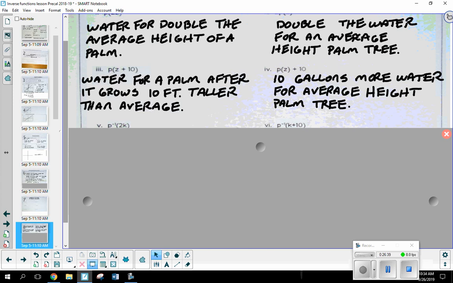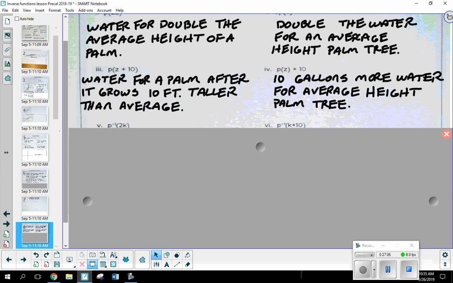What do you think? It's the water. For the inverse, I'm going to substitute the water in, and what would that give me? Okay, so if I plug in the amount of water I have, what would the function give me? P inverse. What's the other quantity? The height. Okay, so we know for these, I'm going to input the water to get the height